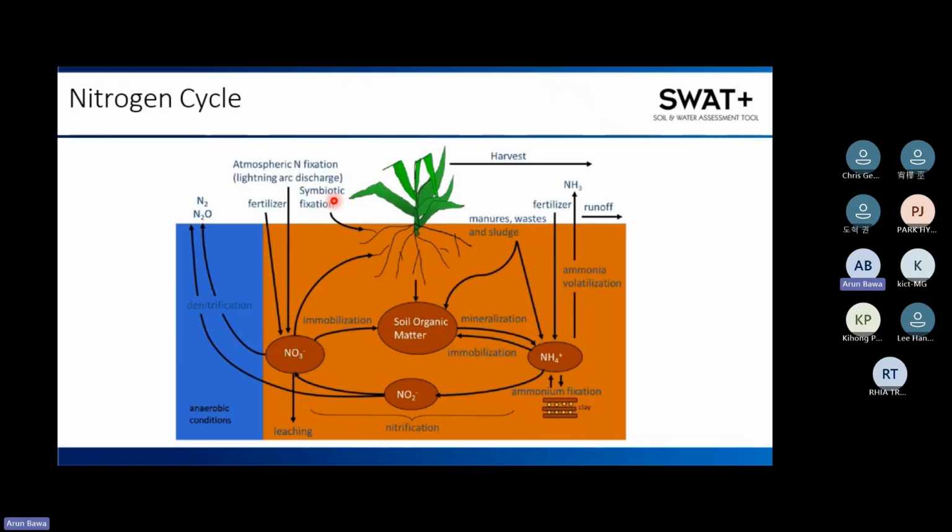Okay, and you can control. There are different methods of applying fertilizer also, like you can spread it, or you can input it with the liquid, like with the irrigation. And there are, I think, more than 40 different kinds of fertilizers available in the database. You don't need to change,